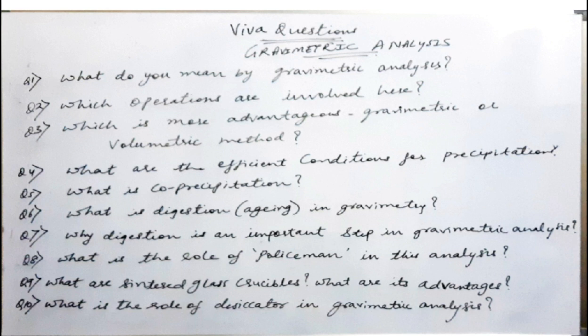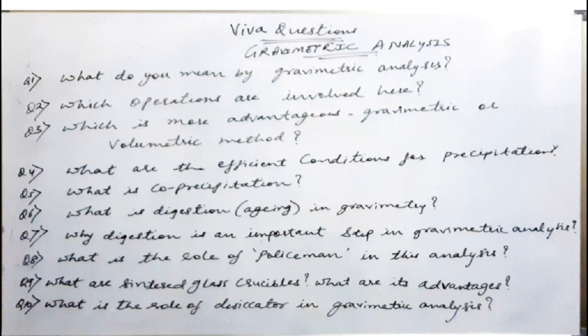After that, the third one is: which is more advantageous, gravimetric or volumetric? So the great advantage is of the gravimetric method over the volumetric method. It is due to the reason that the constituents in the case of gravimetric methods may be seen and examined for the presence of impurities, right? And if necessary, you can even go for a correction. But however, definitely there is a negative aspect related to it as well. It is more time consuming than the volumetric method.